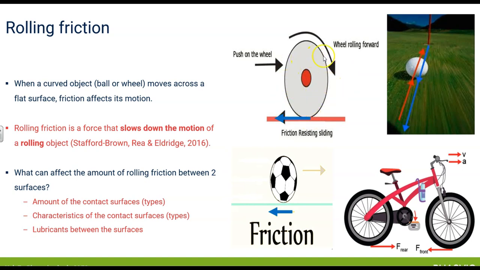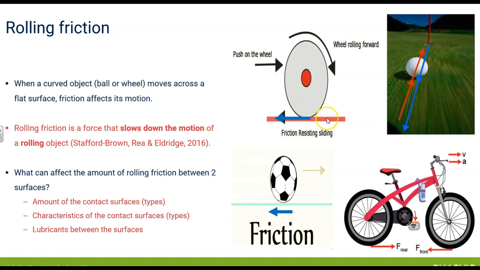But the wheel is rotating this way. If it wasn't rolling, it would be sliding. There would be no rotation. It would just be sliding that way. But because there is friction between this wheel and the surface, the friction causes this roll and it continues to roll. So the amount of rolling friction would allow the ball to roll quickly and easily, or would slow it